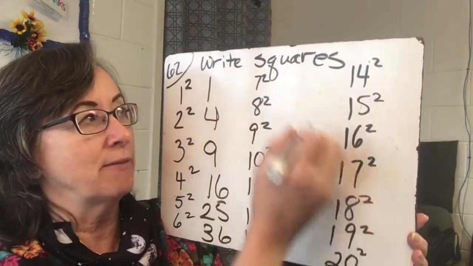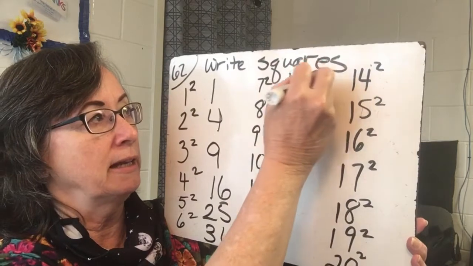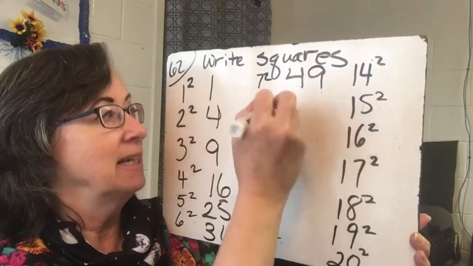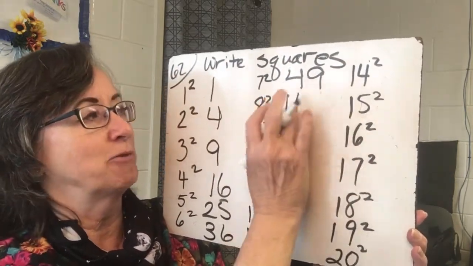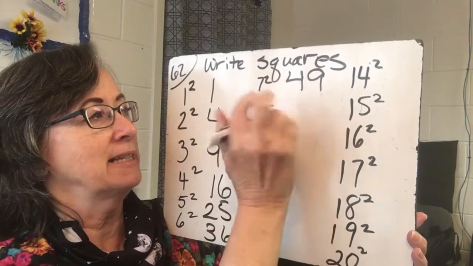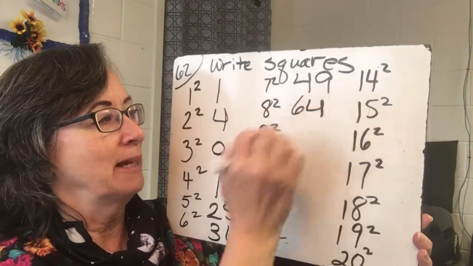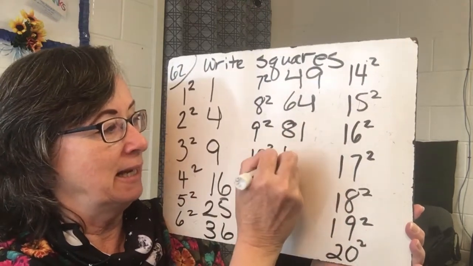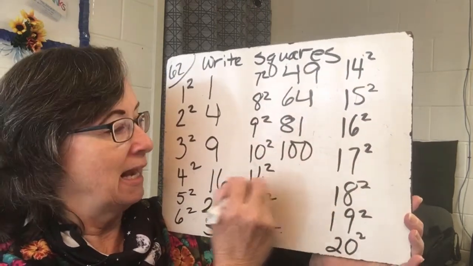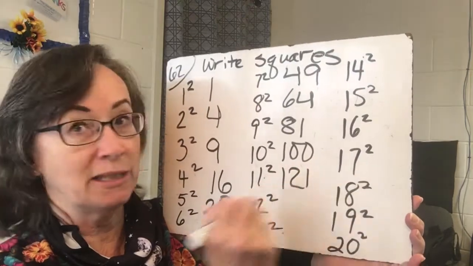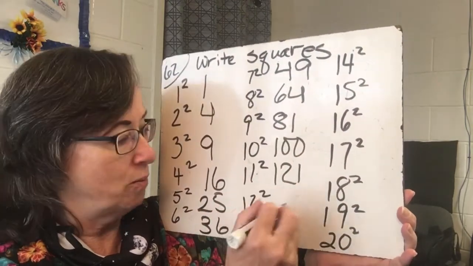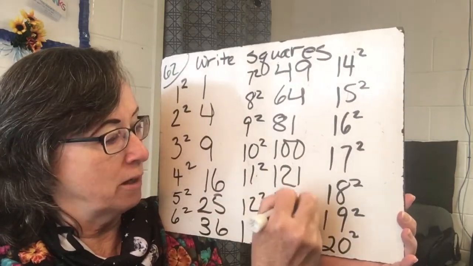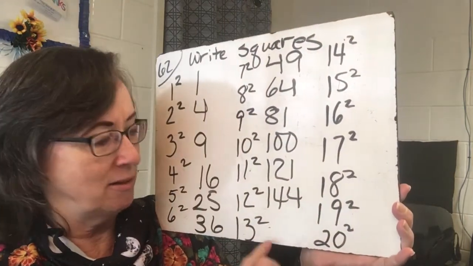7 squared is 7 times 7, which is 49. 8 times 8 is 64. I was about to put 16, guys. 64. 9 times 9 is 81. 10 times 10 is 100. 11 times 11 is 121. 12 times 12 is 144. 13 times 13 is